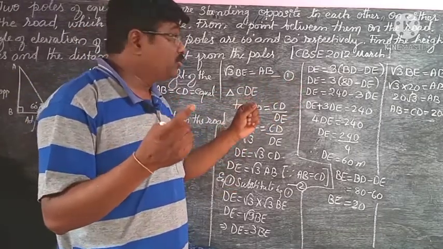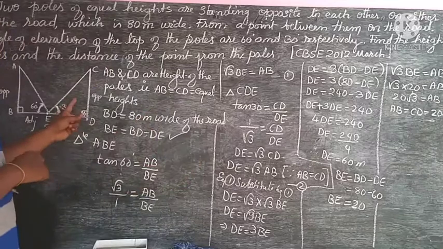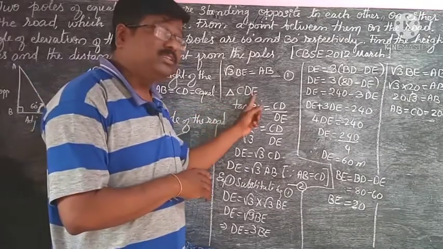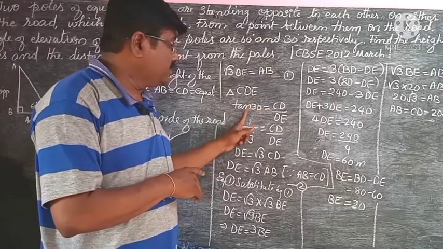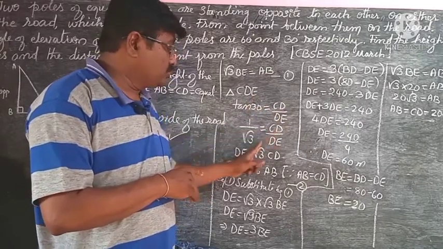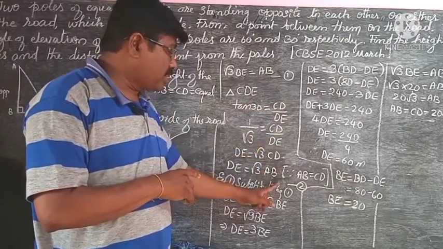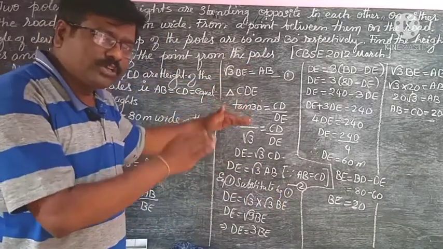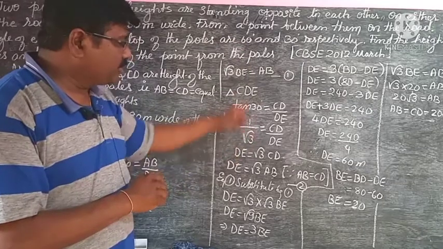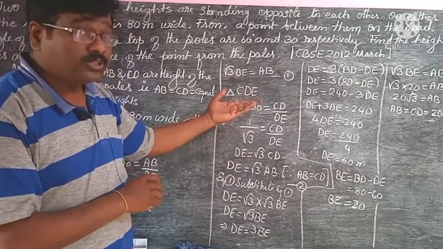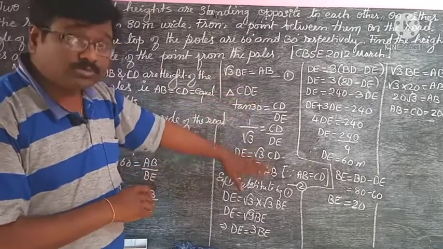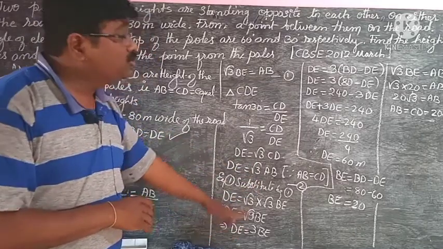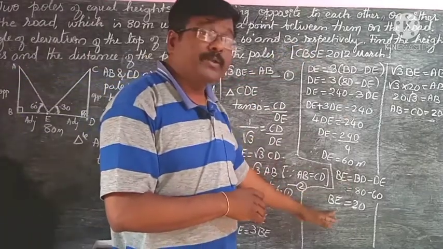Then another right angle triangle, triangle CD, tan 30 degrees is equal to, substitute the values. So this is called equation number 2. Just equations 1 and 2, you can substitute one in the other. After substitution, you can easily find out